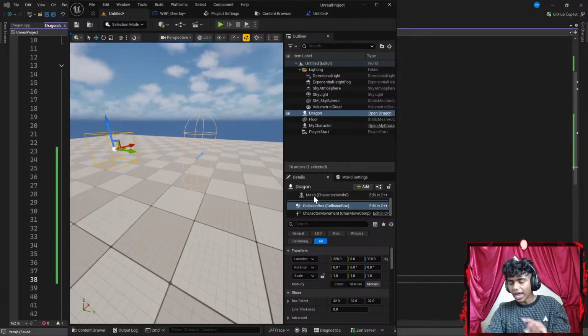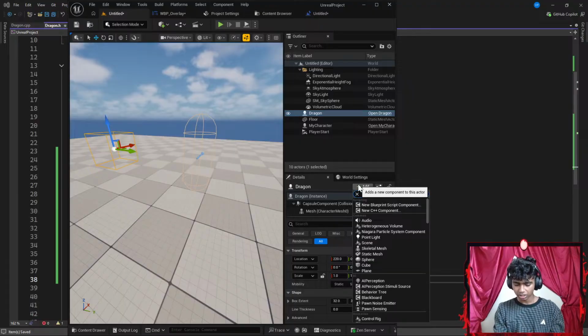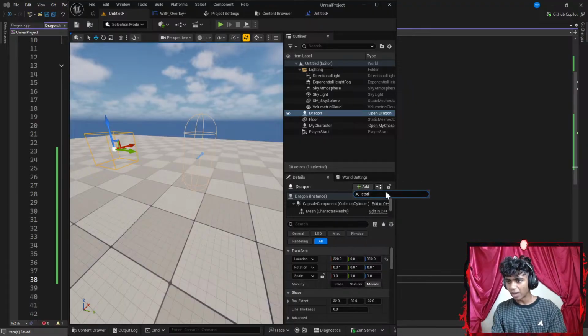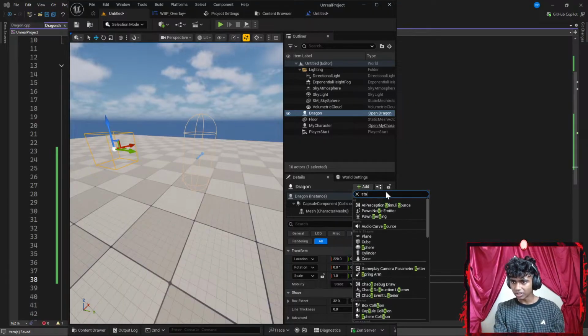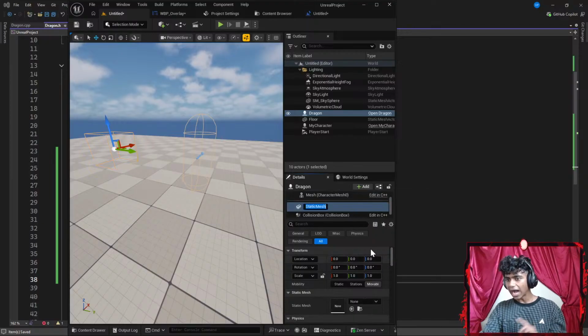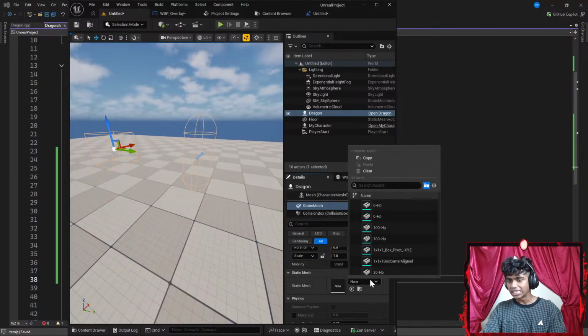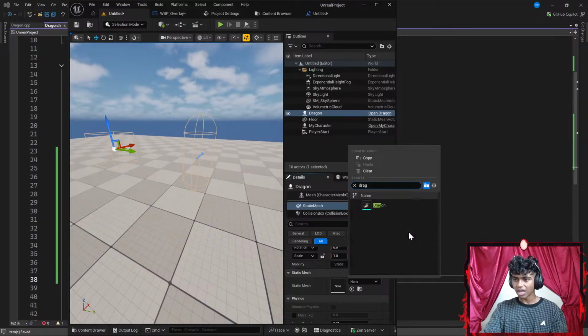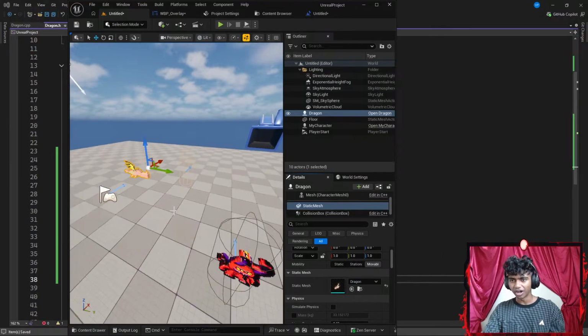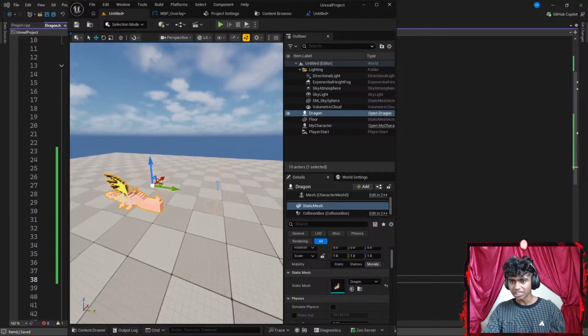Okay, wait, before I actually set my collision box here, I want to go ahead and add a static mesh. Again, give me a sec, I'm going to show you guys what that block of code meant as well. Let's go with something like a static mesh. I want to add a mesh here. Let's say this is going to be my dragon's mesh. And guys, I know this dragon that I made is kind of silly because I'm not